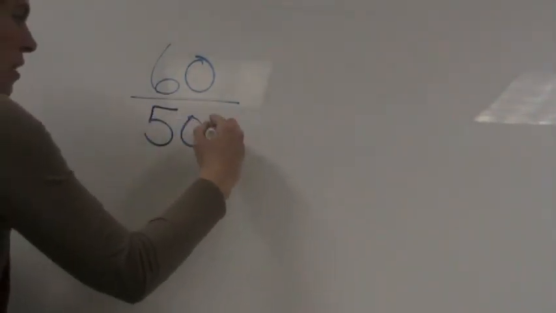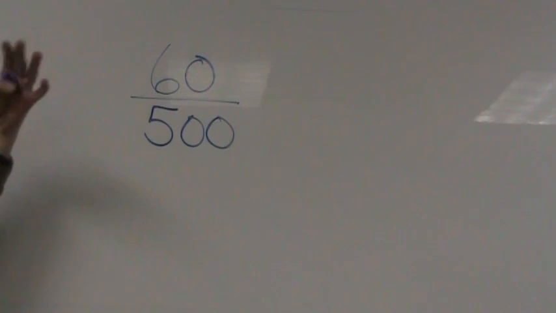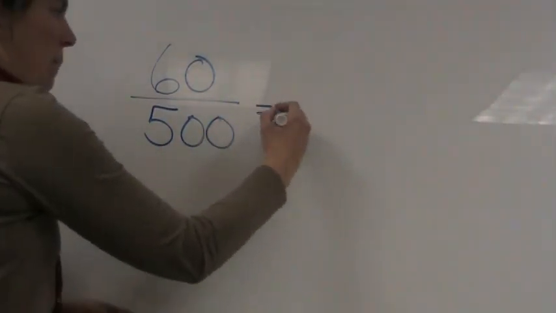So it was 60 households actually obtain veterinary care for their birds. So we'll put the 60 on the top. And there are, out of every 500 households that own birds. So the ratio of households that seek veterinary care to the number that own birds is 60 over 500. And we could leave it at that as a ratio, or if we wanted to simplify it, we can look to factor 60 and 500,